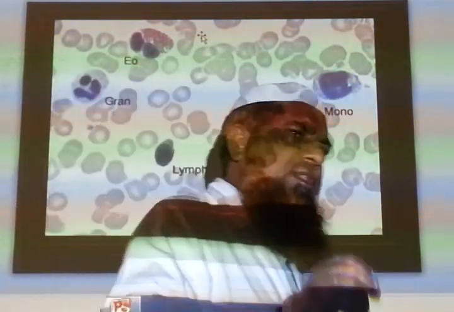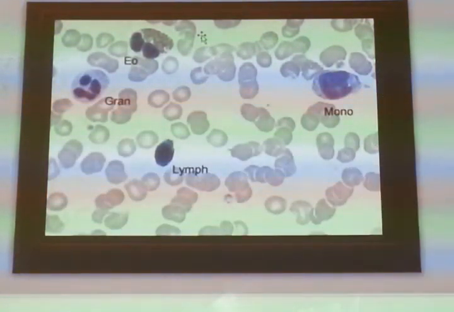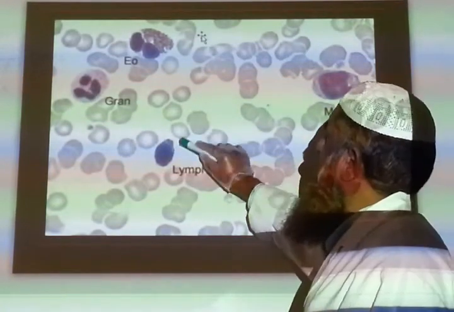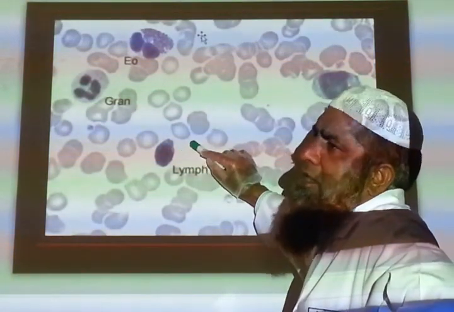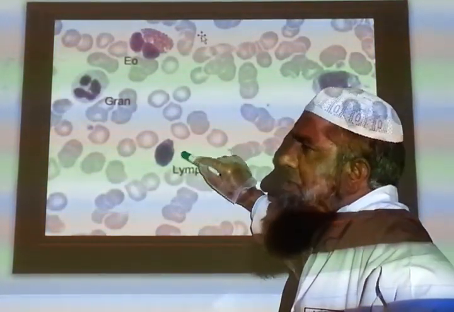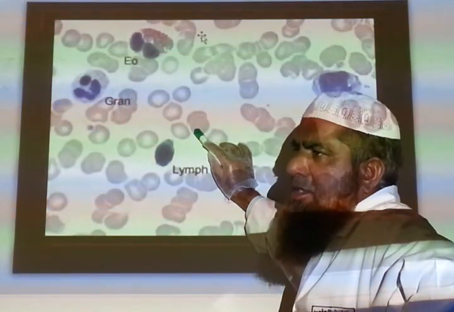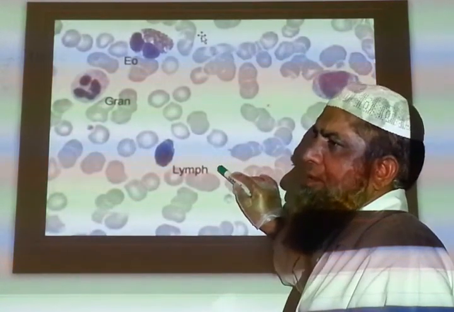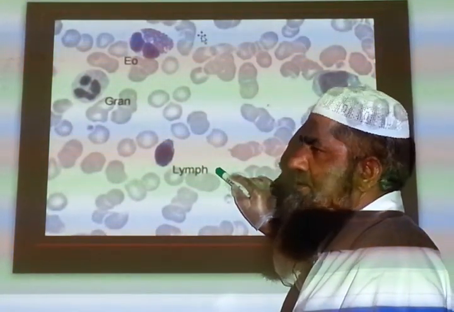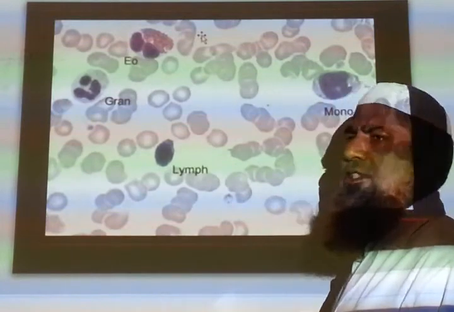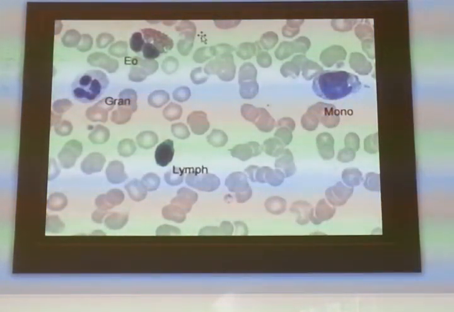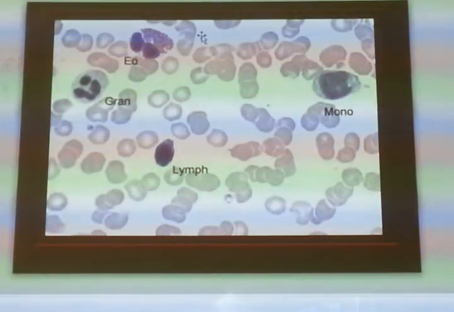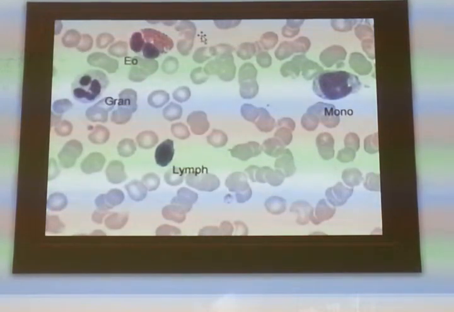large lymphocytes. This is a small lymphocyte. Most of the cell is filled with nucleus, with very little cytoplasm. The size is similar to or slightly larger than normal red cells. A large lymphocyte will be a bit larger, with more cytoplasm. Clear? We cannot identify whether this is a B lymphocyte or T lymphocyte. This is only morphology. Other steps, immunological markers, are needed; then we can decide if this is a B or T lymphocyte.